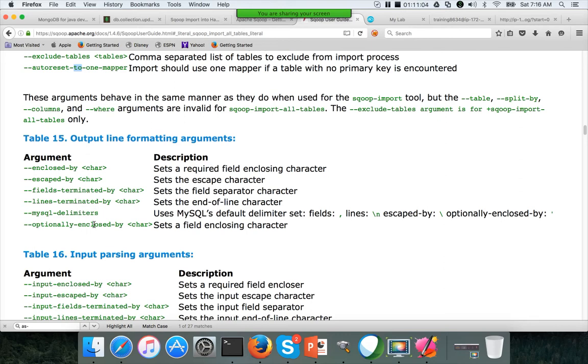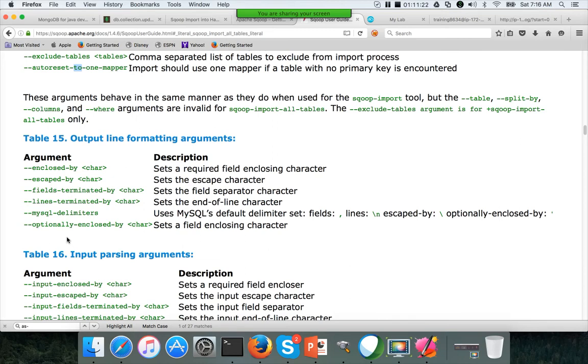And then you can say MySQL delimiters. So whatever the default MySQL delimiters are, those will be applied automatically, which is comma for fields, new line character for lines, slash for escape, and optionally enclosed by is single quote.